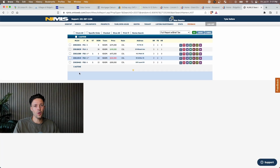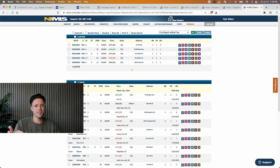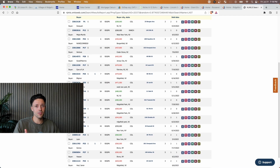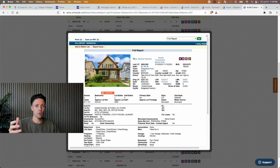Looking at the available homes, there are clearly not too many on the market. The asterisks next to this A right here means that they're already in attorney review, which means they've accepted an offer. So there's 3 homes on the market right now. And since none of them are listed at $500,000, I'm going to find a recently sold property that's sold for $500,000 and give you an exact cost breakdown of how much it would be monthly to buy right now. It looks like 92 7th Street sold for $500,000. It sold over asking. It was originally listed for